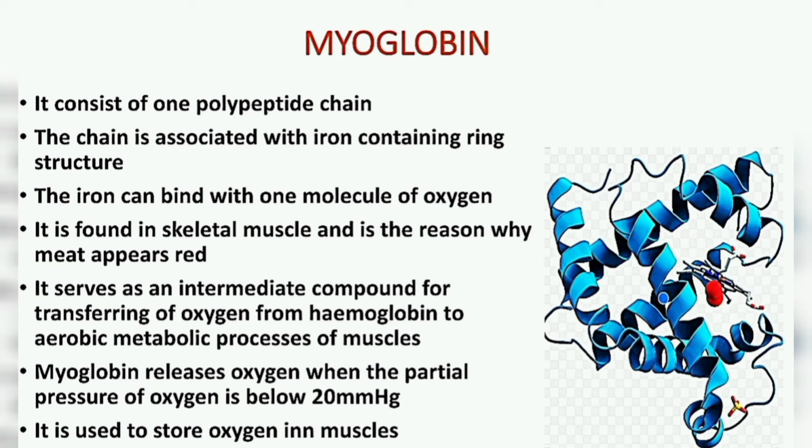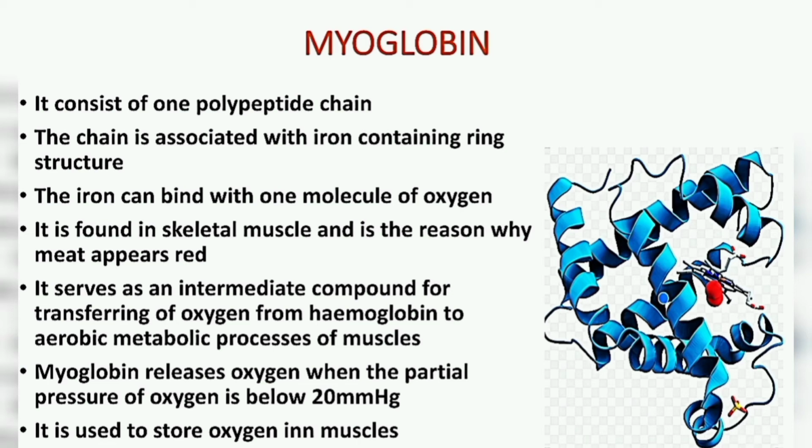I can give you an example. When we run or do cardio and exercises, our heart usually beats more than at its normal rate. When the heart beats more, it needs more oxygen, so the hemoglobin there binds oxygen with it. The myoglobin takes oxygen from the hemoglobin and transfers it to the muscles which are doing cardio or hard exercises. The muscles need more oxygen, so myoglobin takes the oxygen from hemoglobin and transfers it to the muscles, so that muscles also function normally at high heart rate.